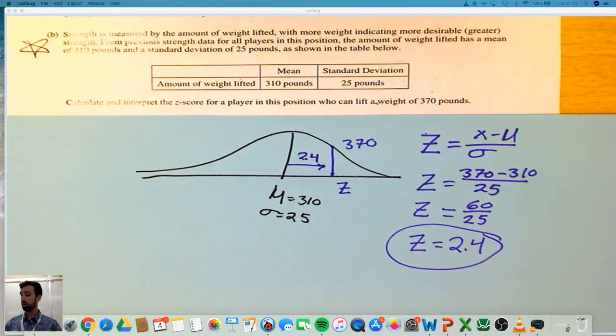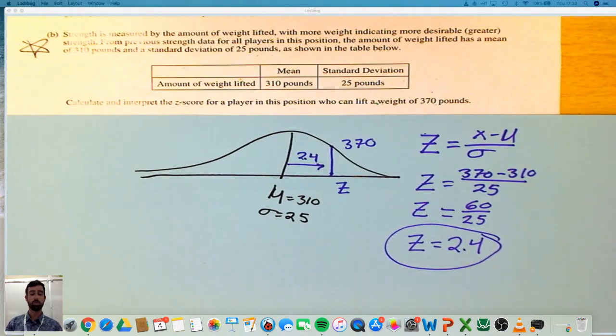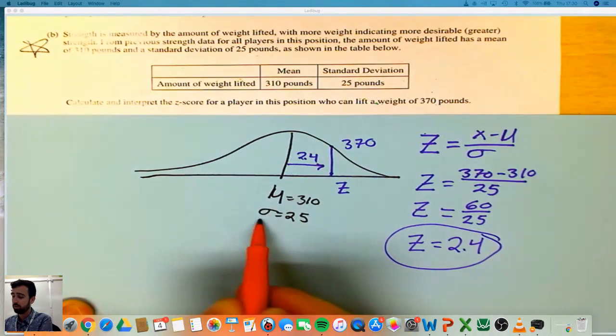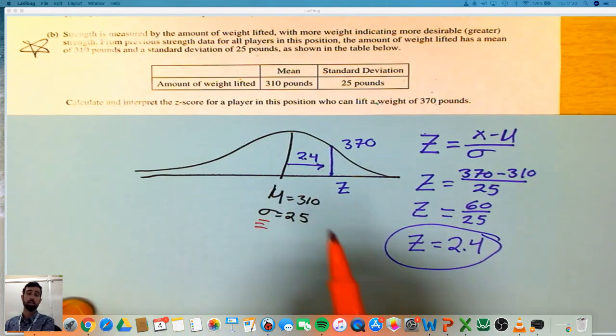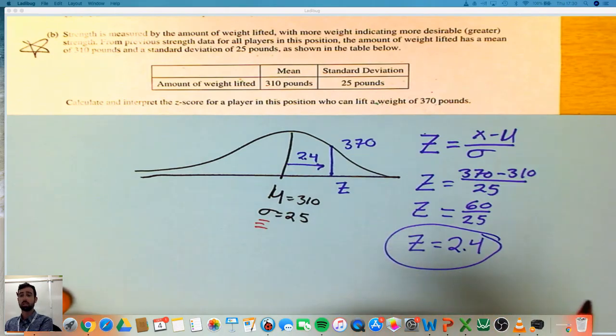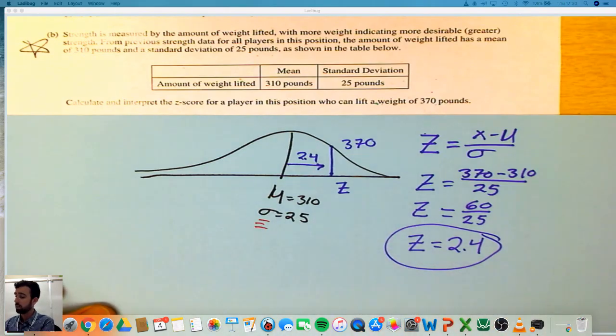So we found our z-score. That's great. That would get us full credit. Now we need to interpret our z-score. So in order to interpret your z-score, we have to know what z-score means. Now again, the z-score tells you how many standard deviations away from your average and in what direction your data point is. So in this case, we would want to say a